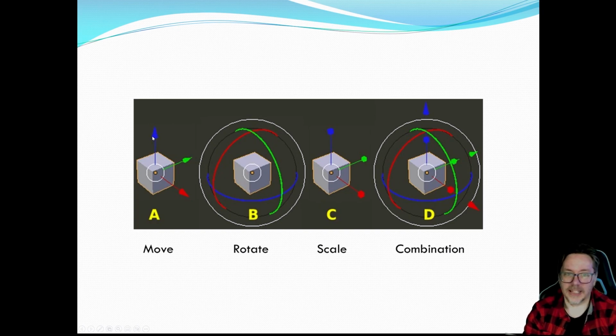Hard to see on here, but these arrows are actually like a 3D cone shape, which obviously points in the direction that it will move. So if you grabbed the end of this arrow, or it's hard to grab these little lines, but if you actually clicked on the end of the arrow, then you would be able to pull that